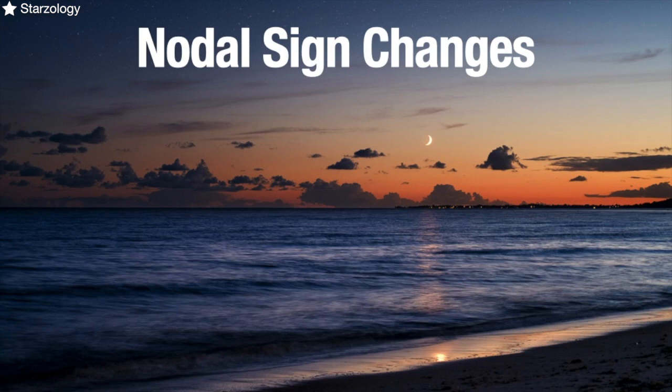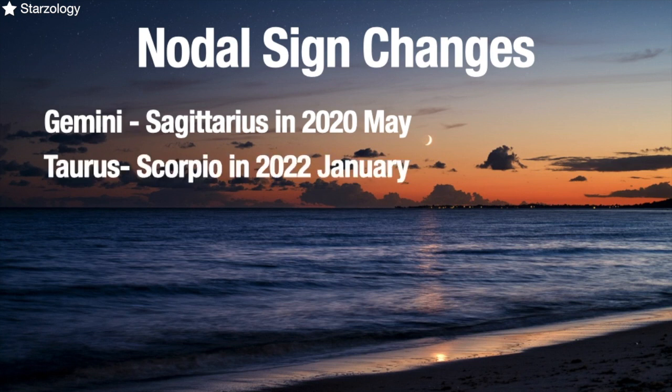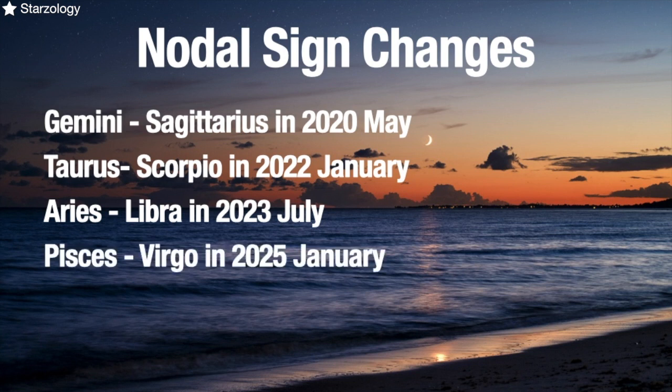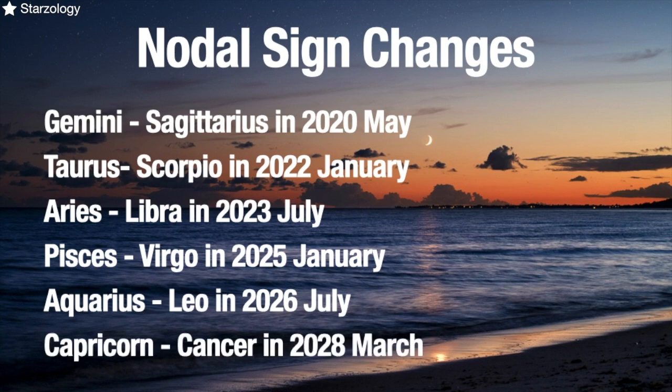First we're going to be looking at some of the nodal sign changes, and we're referring to north node first, then south node, as always. So the nodes went into Gemini, Sagittarius in May 2020. They will move into Taurus, Scorpio in 2022, then into Aries, Libra in July 2023, into Pisces, Virgo in January 2025, then on to Aquarius and Leo in July 2026, and into Capricorn, Cancer in 2028